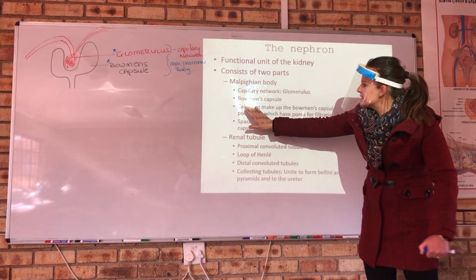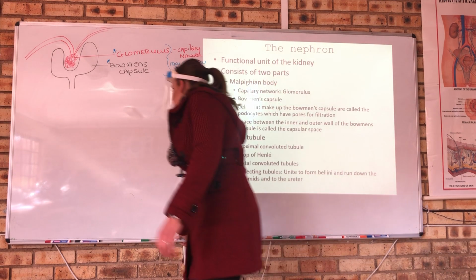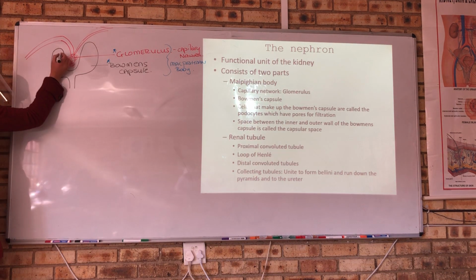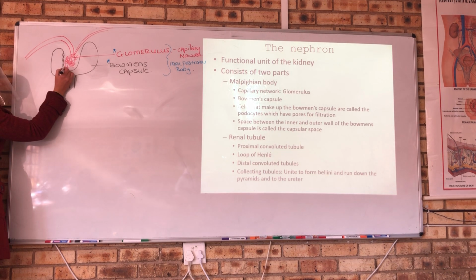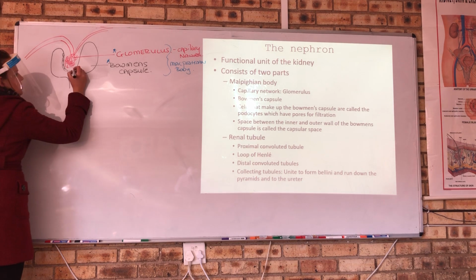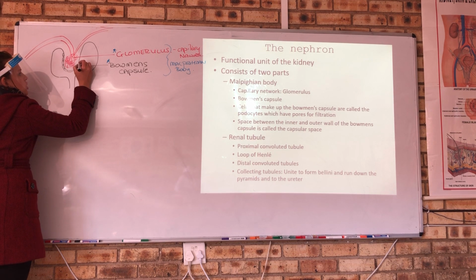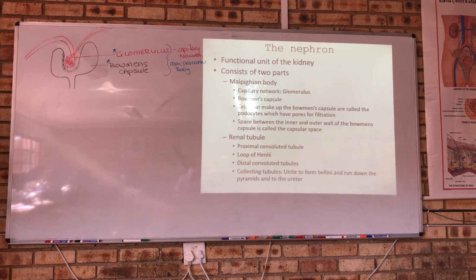Tick. The cells that make up the Bowman's capsule are called podocytes. So they're these little cells that are surrounding this area over here called podocytes. And what those podocytes do is they allow for the movement of substances through the blood into the Bowman's capsule. Okay, so these are called